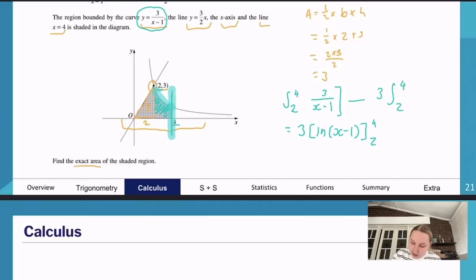So to get from here to here, sorry, I probably should have done that a little bit better. Then we do 1 on x minus 1. So this is going to equal f dash x over f of x, right? So in order to do that, we need to place that 3 on the outside, so we're not actually changing the function itself. Okay, and then we're going to integrate that, and we're going to get,